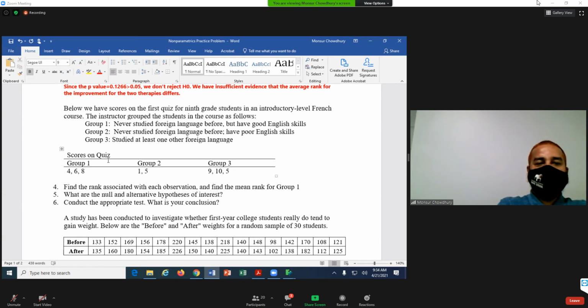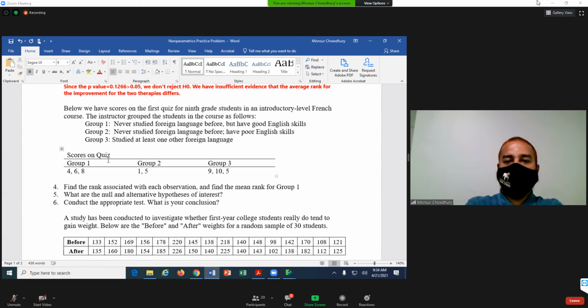Group 2 never studied foreign language before, have poor English skills. Group 3 studied at least one other foreign language, and their scores are given. Now the first one I ask you, find the rank associated with each observation and find the mean rank for group 1.